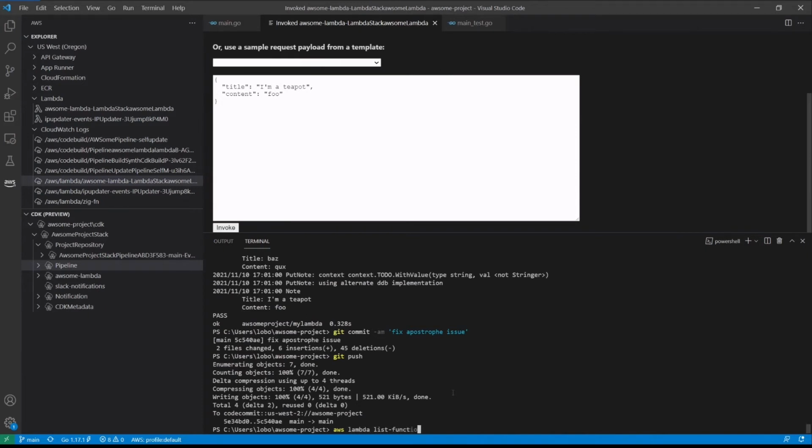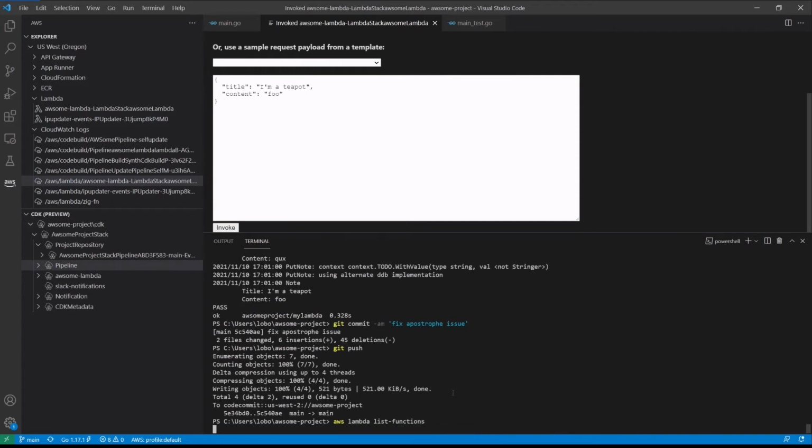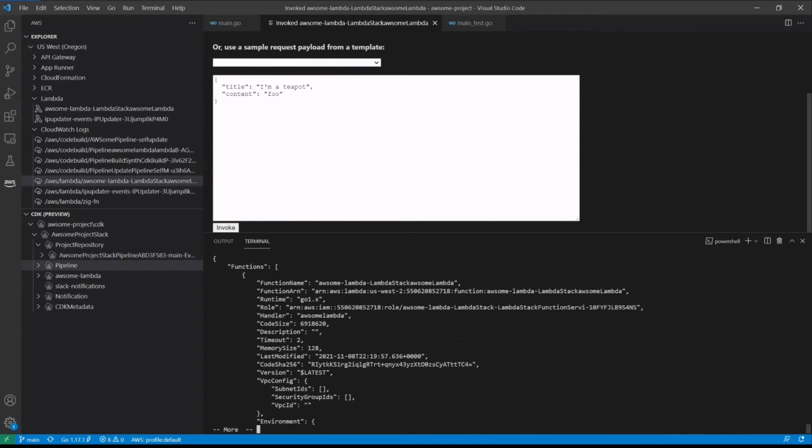We'll do that by issuing an AWS Lambda list functions call. And we'll see that our Lambda function has the last modified date from a couple days ago. So clearly this has not been updated yet.